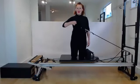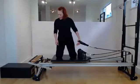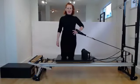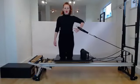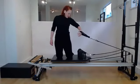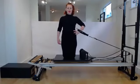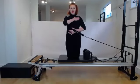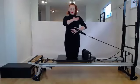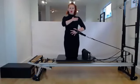One more time. Switch hands, scooch a little bit away from the shoulder rest mindfully. Same motion, other arm. Again, this tends to be a little easier than some of the other ones we do facing the side. If it's too heavy, move towards the shoulder rest. Should feel like the back of the shoulder is working. Rubbing the belly kind of feeling. Focusing on what's happening at the shoulder